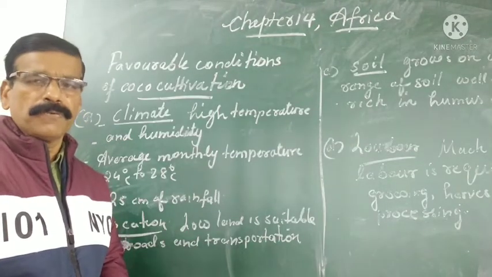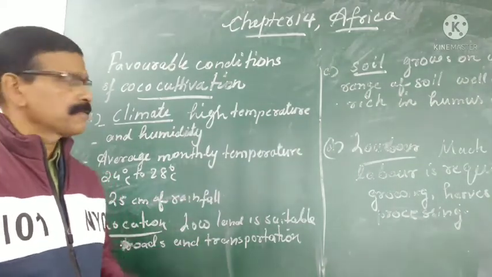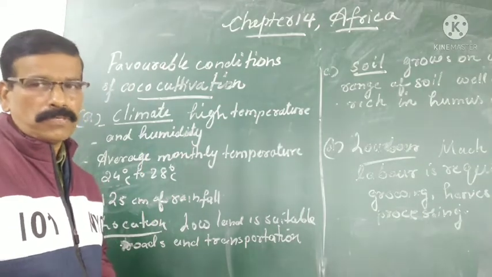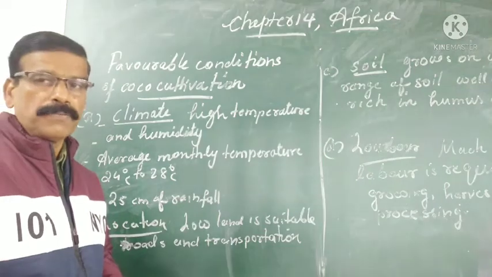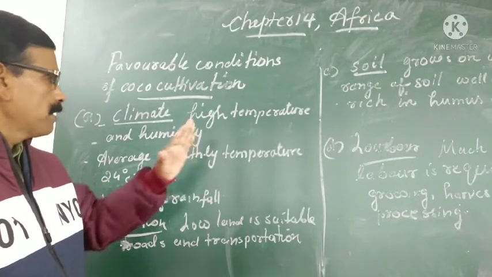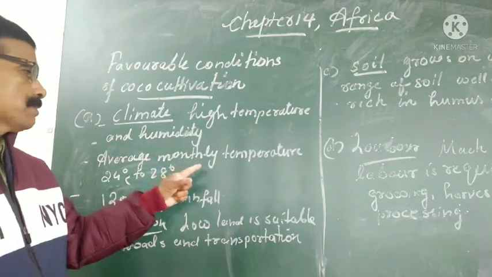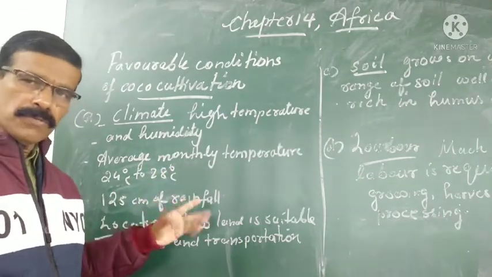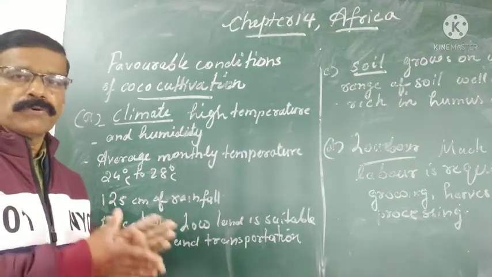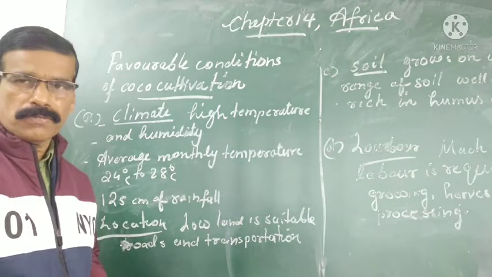Let us see what type of climate is required for the cultivation of cocoa. The first factor is climate, meaning high temperature and humidity is required for the cultivation of cocoa. This type of high temperature and humidity is mainly experienced 15 degrees north and south of the equator, so that area is best suited for the cultivation of cocoa. Another factor is that the average monthly temperature ranges from 24 to 28 degrees. There is also heavy rainfall, ranging from 125 centimeters and above. Rainfall is also required, but